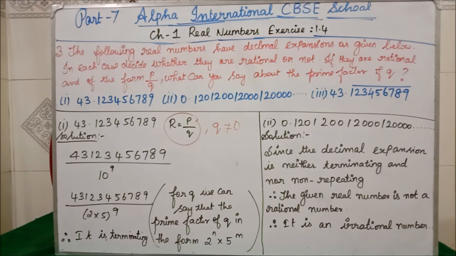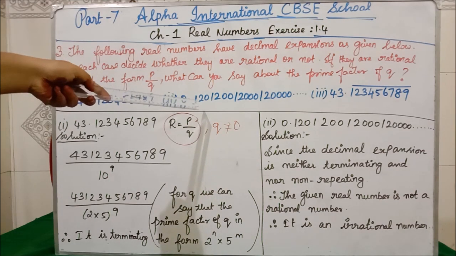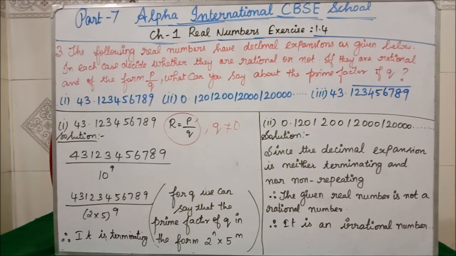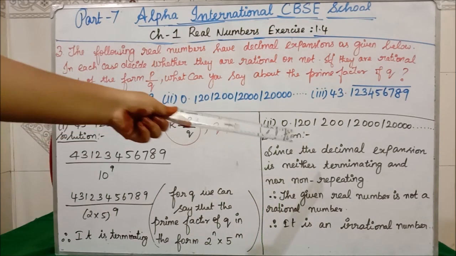12000 and goes on. Okay. Now see children, here only 10, the next 20, then 30, then 40 and it is going on. Okay. Which means what? It is not terminating. It is not repeating. Whether the same number is repeating? No, it's going extra. So we can directly, by seeing itself, say that since the decimal expansion